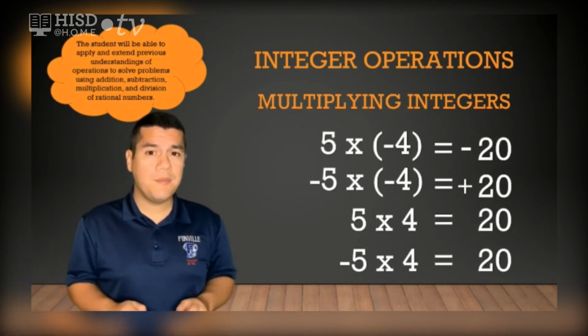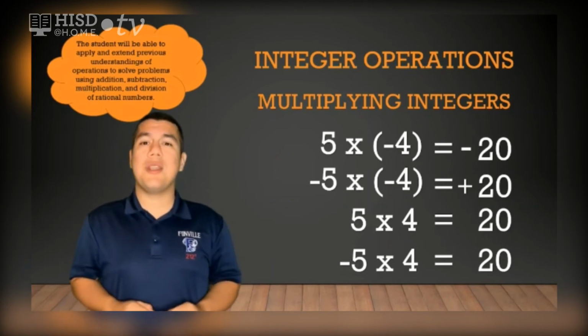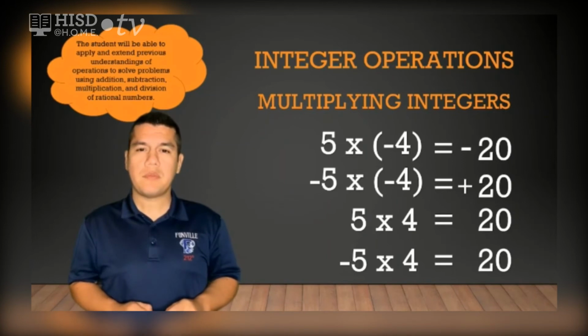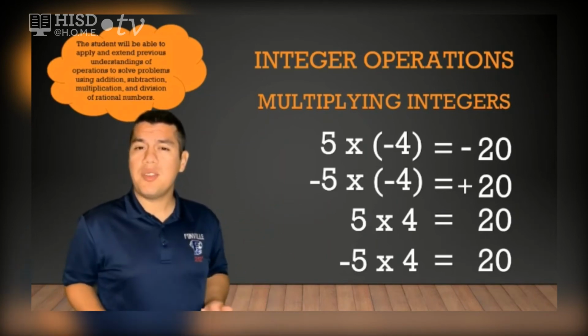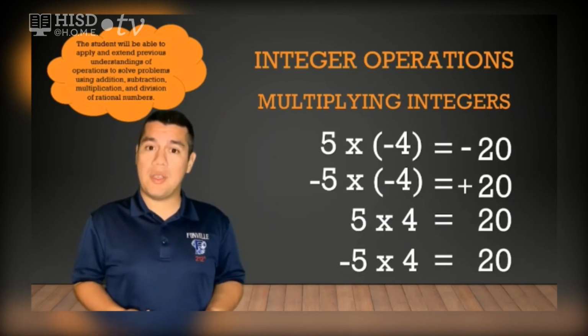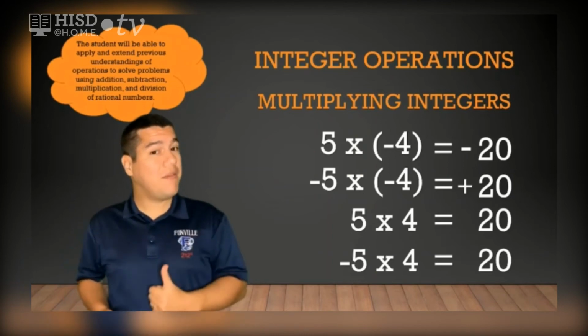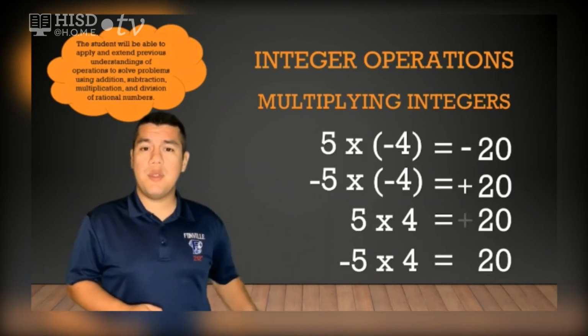We can see that both of them have the same sign, so my result is gonna be positive. Same with 5 times 4. Since both are positives, the result is gonna be also positive. And the last one, negative 5 times 4, since both are different signs, that means that my result is going